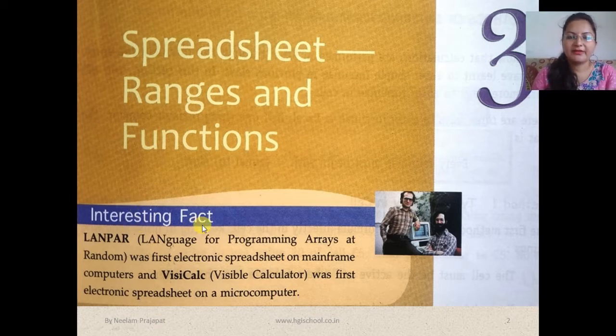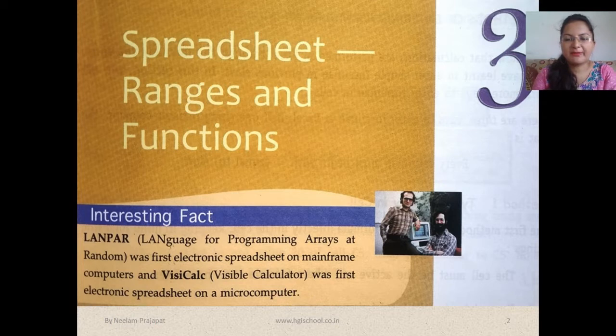So interesting fact, LANPAR, language for programming arrays at random, was first electronic spreadsheet on mainframe computers. Okay, and VisiCalc, visible calculator, was first electronic spreadsheet on a microcomputer. Okay, mainframe computers we have studied.